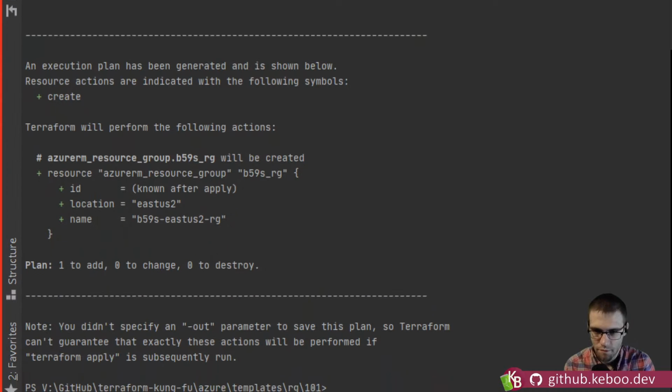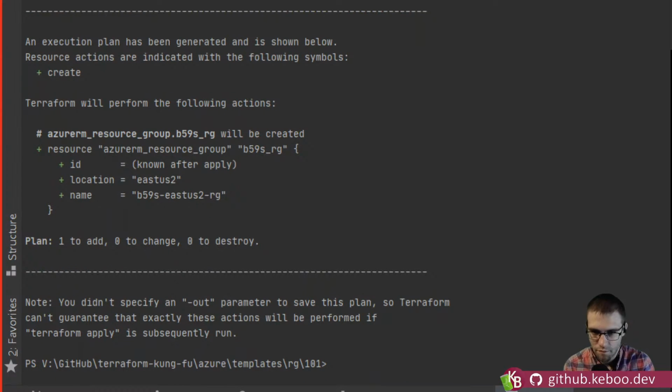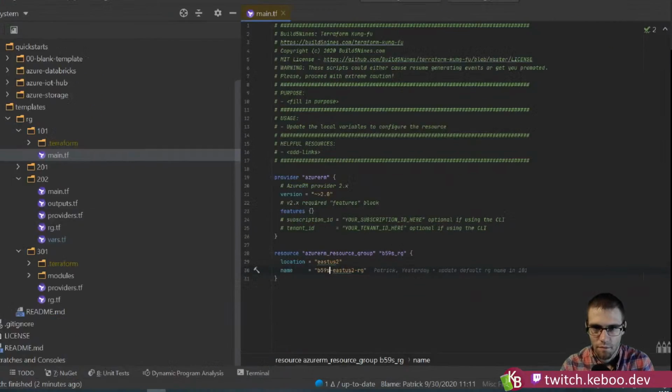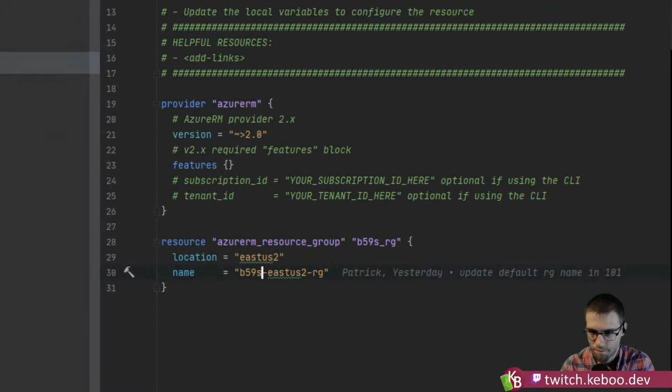It's going to do the following things. It's going to create a resource group. Now, the first interesting thing is the comment where it says azurerm_resource_group.b59s_rg. That second part, behind the dot, matches up, if you remember, to the name that we gave it over here, right?